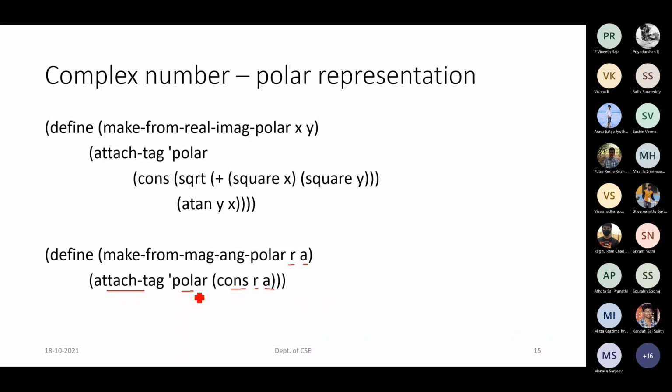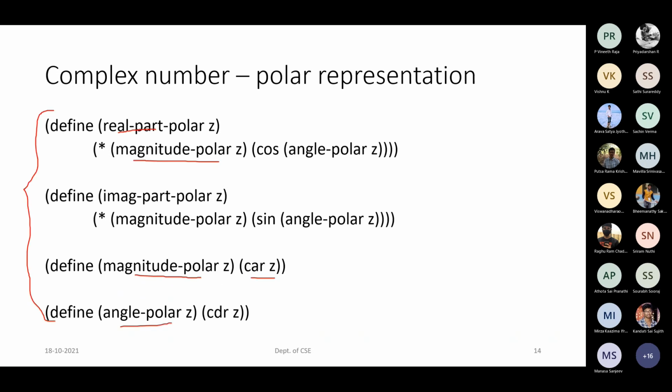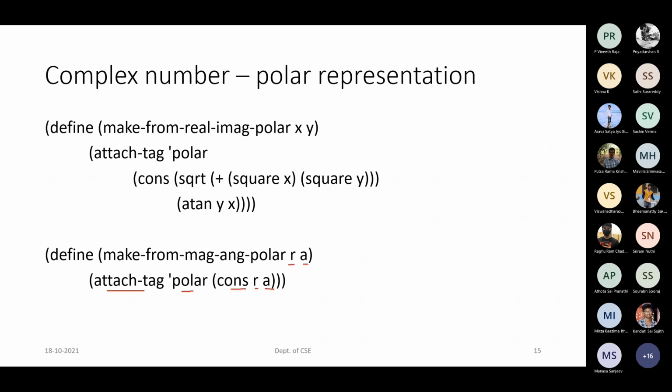Similarly, if your complex number is in the polar form representation, but the operation we have done is addition or subtraction, then we would have already used the conversions, that is the real part and imaginary part. The formula would already have been applied to calculate the real part and imaginary part, and we would have done the operation. But when you are giving away the output, it should be in the same polar form itself. So we have to reconstruct it back. For reconstructing it back, we have to apply the formula again. So how do we apply it?